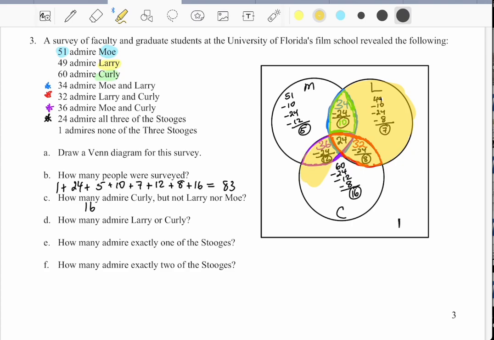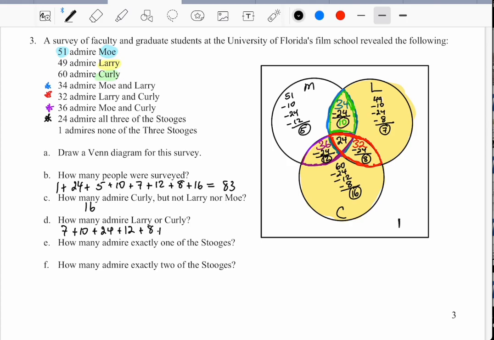Here's Curly. We're accounting for anybody who falls in either of these circles, including the people who fall in the Moe circle, because they never said anything about Moe. All right. So we account for anybody in either of these circles. So we got the 7, the 10, the 24, the 12, the 8,